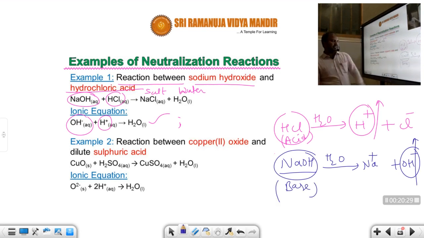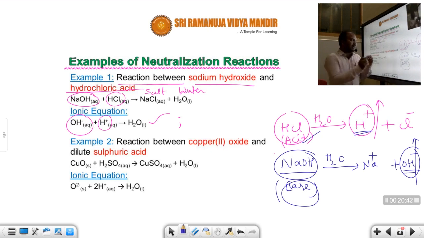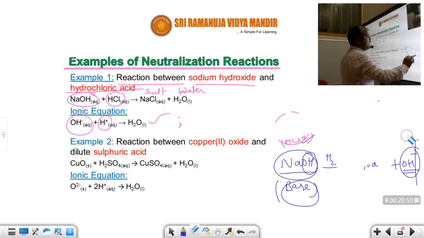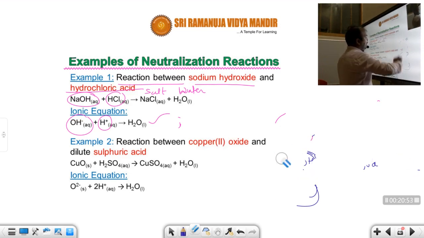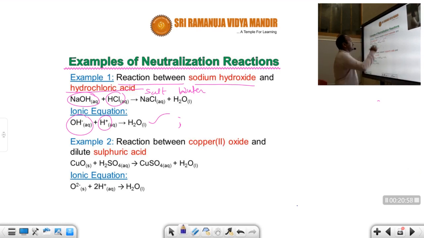So how can we identify the acid and base? The compound which dissolves in water to release H plus ions is an acid. The compound which dissolves in water to release OH minus ions or hydroxide ions is a base. Generally acids mainly contain hydrogen, bases mainly contain hydroxide groups. We can easily distinguish the acid and base. But whenever acid reacts with base to form salt and water, that reaction is said to be neutralization. Due to this reason, what will be formed? Acid reacts with base, salt. Salt is neither acidic nor basic in nature.